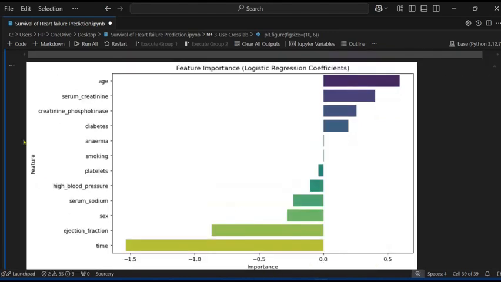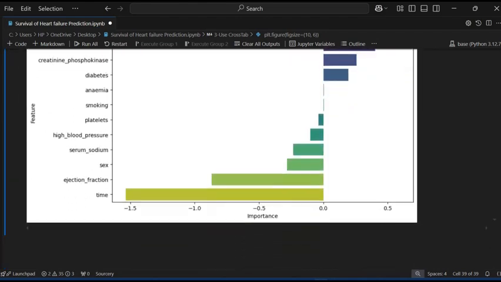This is the importance, and this is the feature. So that's it about the project, where we saw how many people survived heart failure. Thank you.